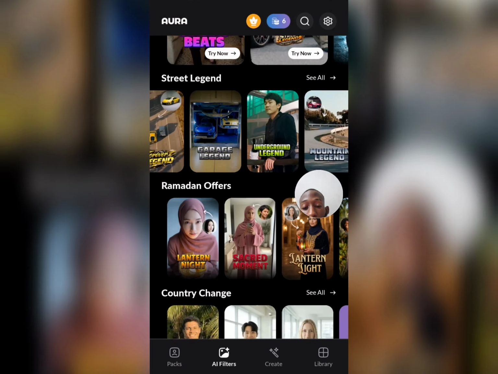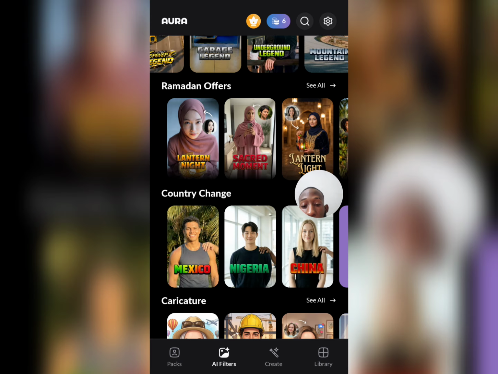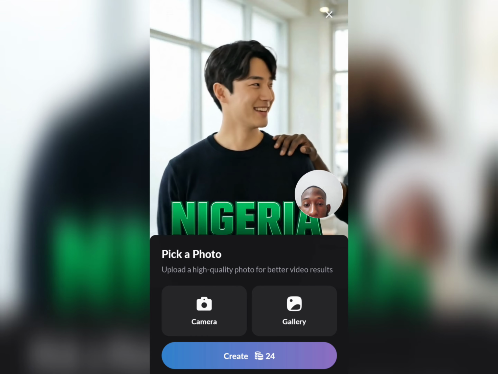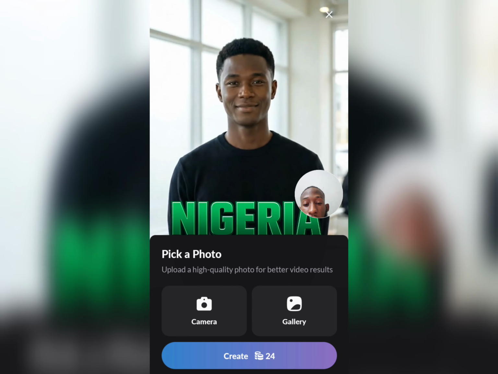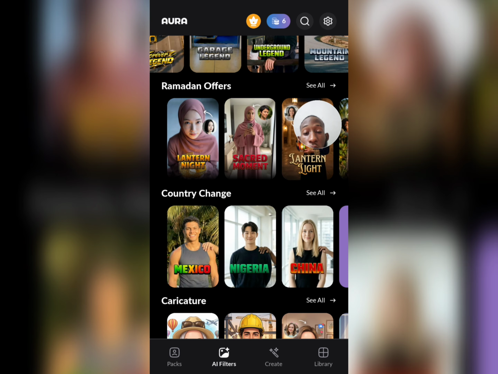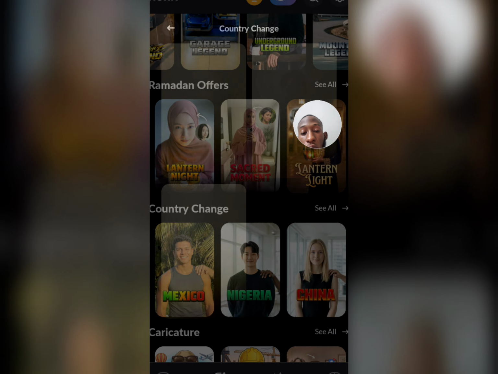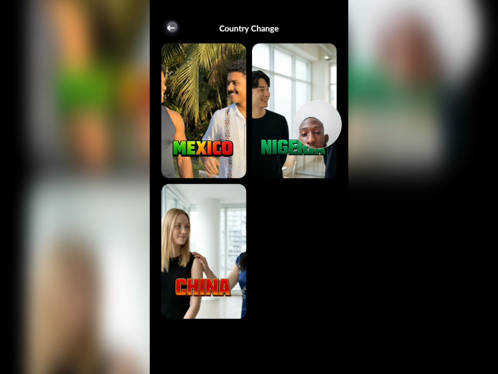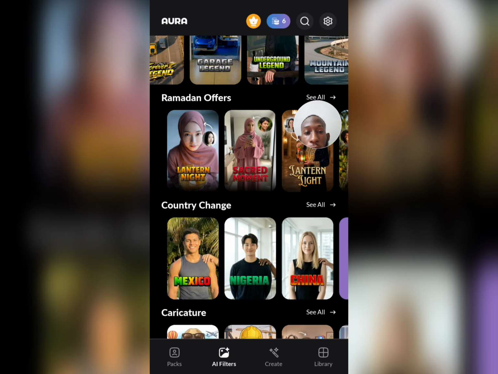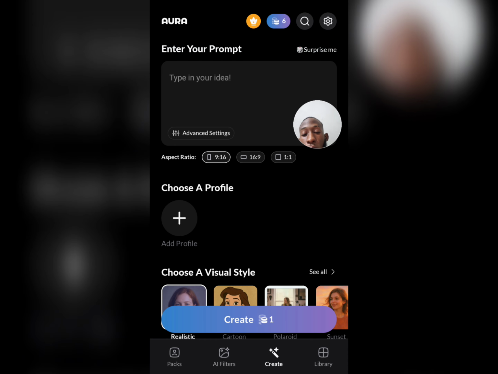And as well, you are able to see a lot of different AI filters which you can use. You have the country change option, as you can see here. Tap on this option here. This is the result that you will see, and you have a lot of different ones which you can use. And if you want to go into a specific section, let's say this one where it says country change, you can tap on the see all option and see everything that's available for that AI filter. And if you tap on the create option, you can create your own AI